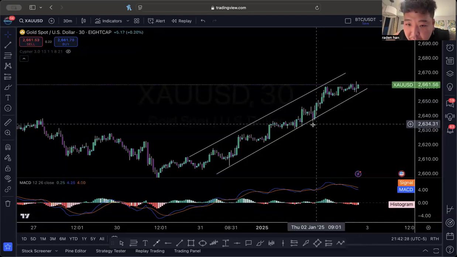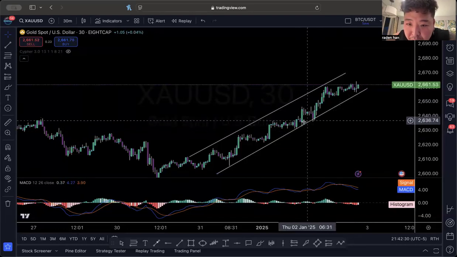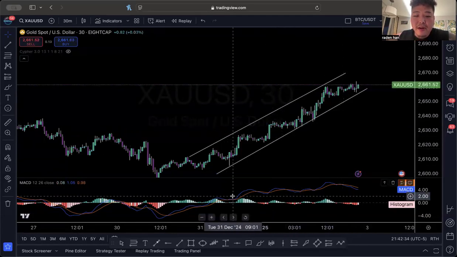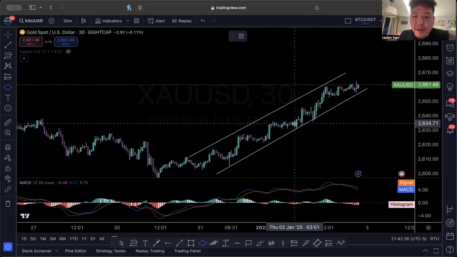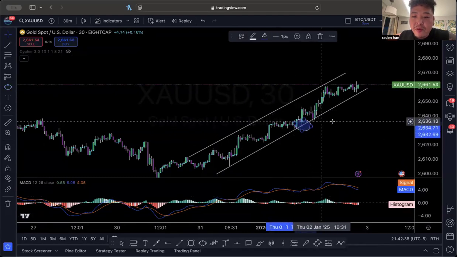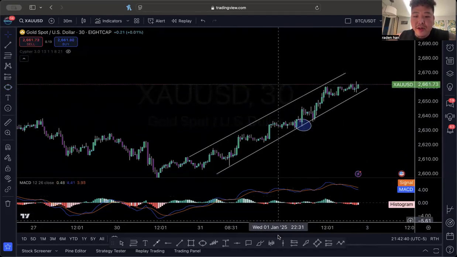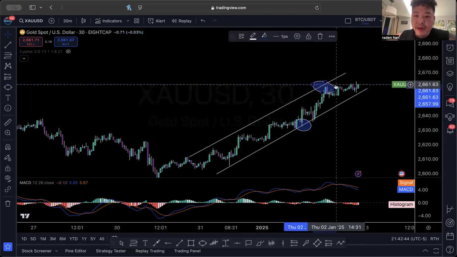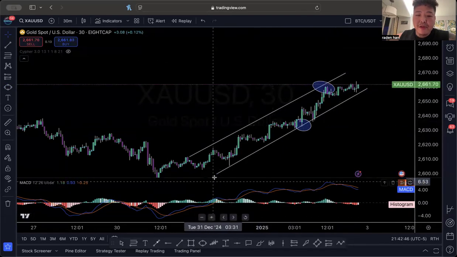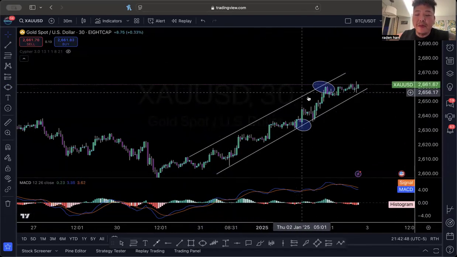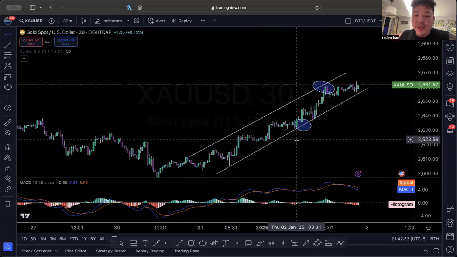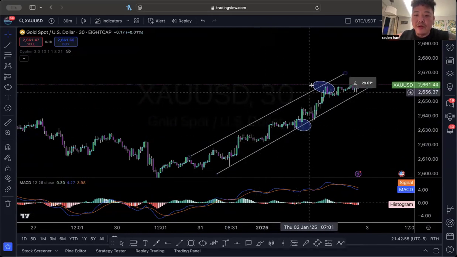So we saw a support here. It is currently creating higher lows and higher highs, just like I already mentioned. It's almost like an ascending channel right now. And this is actually good, because gold has made a pattern of just going up, down, up, down, up, down. So it's consistently creating higher lows and higher highs, and it's making a small correction, small correction, small